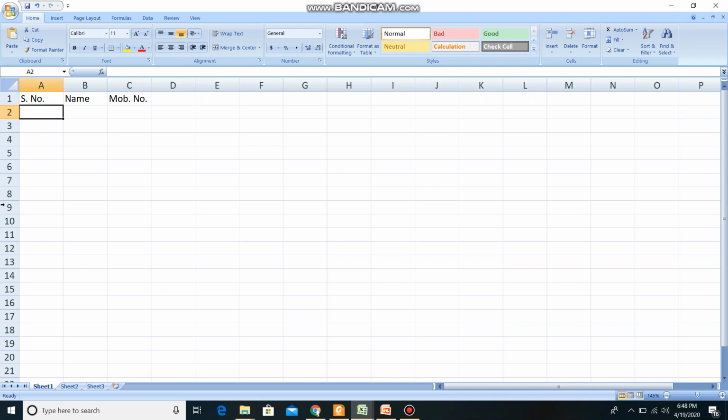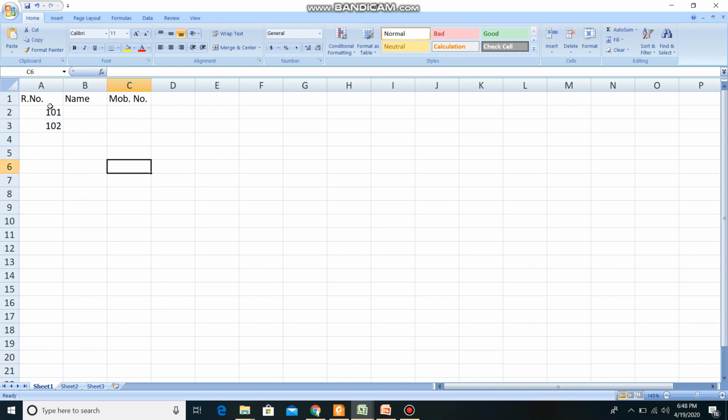Now I want a serial number. This is not the serial number. Most of the students get confused, many times they consider this a serial number. This is not a serial number, this is the row number. It will not come when you print this page. So you want to type the serial number from here, or do one thing, you can make it roll number, and I'm typing roll number 101, 102, and you have to type the roll number till 150. There is a very useful feature, so there is no need to type the roll numbers till 150.